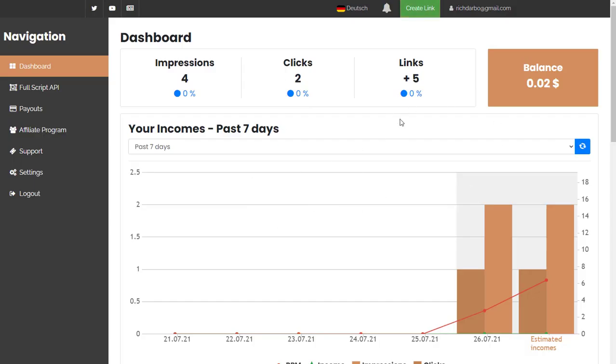I do want to jump inside and just show you around the actual members area. So basically this is in English and German, and what you can do is you can create links directly from this dashboard. You have various types of links. You can either have a direct link that you can create from this, or you can have a full page script API on your website, which means that if you have a website where you have links within an article, within advertisements, you can actually put one line of this code onto your website and it will monetize those links. Now, you've got to be careful there because it becomes very spammy very quickly, and I'll show you exactly why once we actually create one of these links.